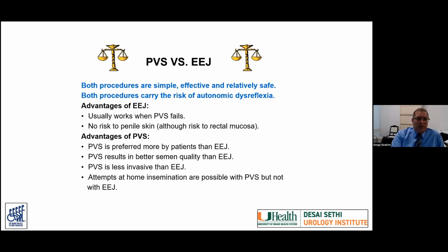So what are the advantages and disadvantages of each? Both procedures are simple, effective, and relatively safe after assessing for the risk of autonomic dysreflexia, of course. But the advantage of EEJ is that it usually works when the PVS fails, and there's no risk to penile skin. There's some risk of rectal mucosal damage,